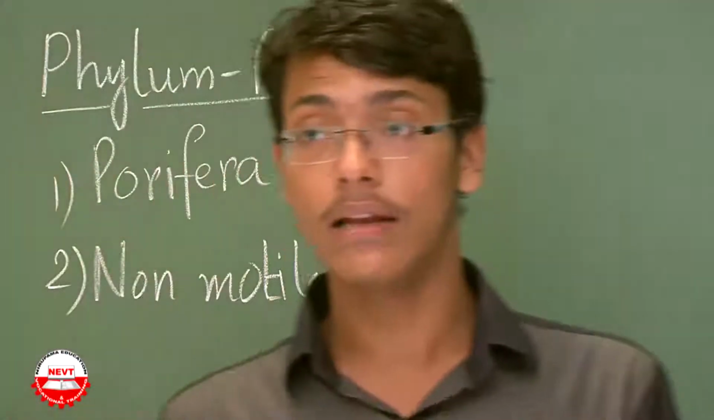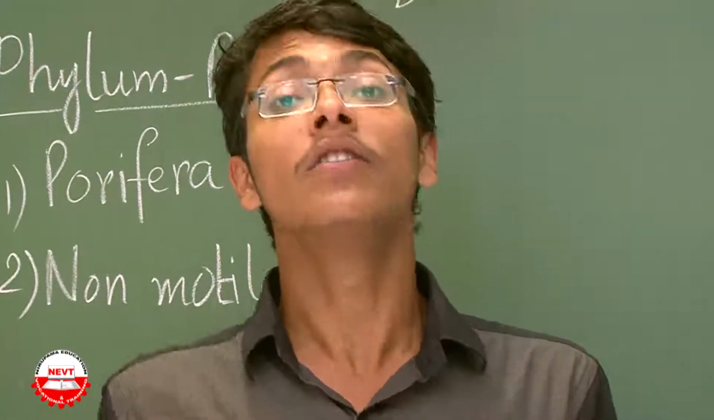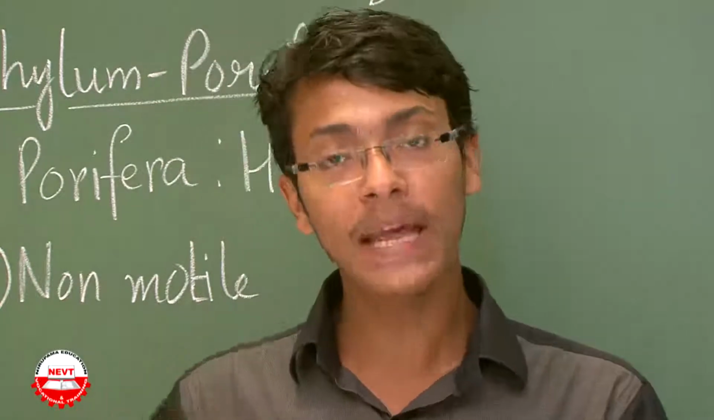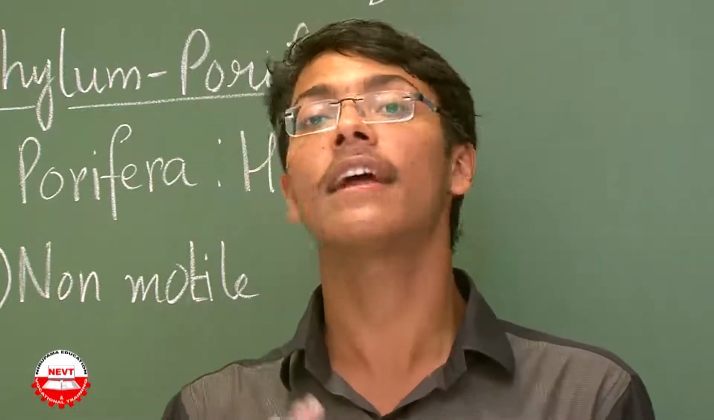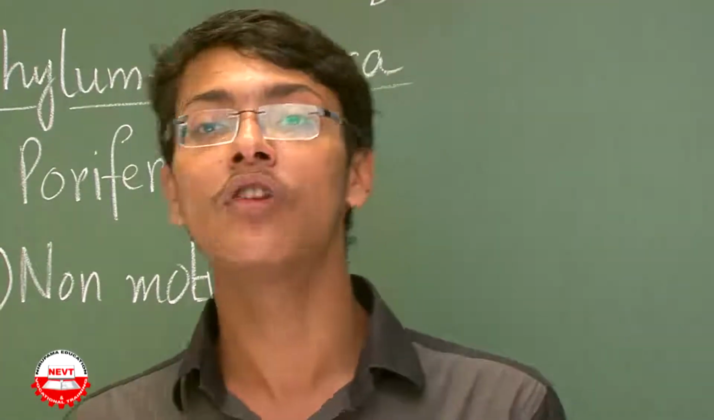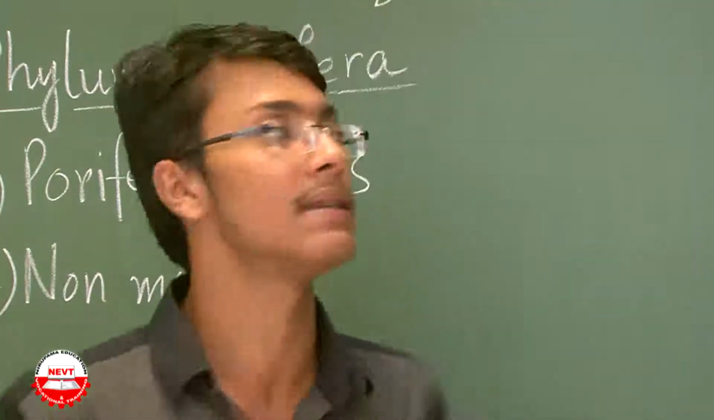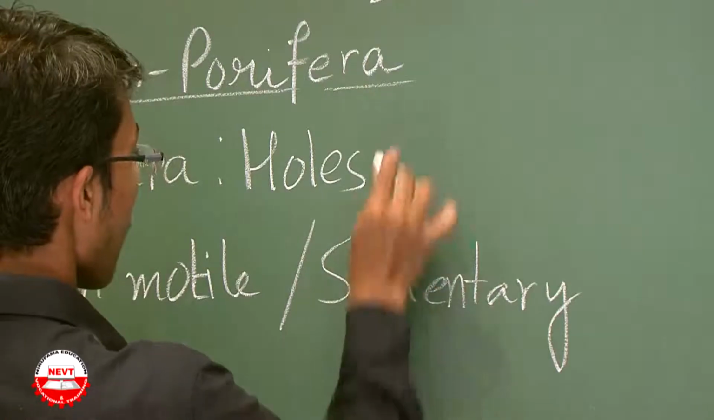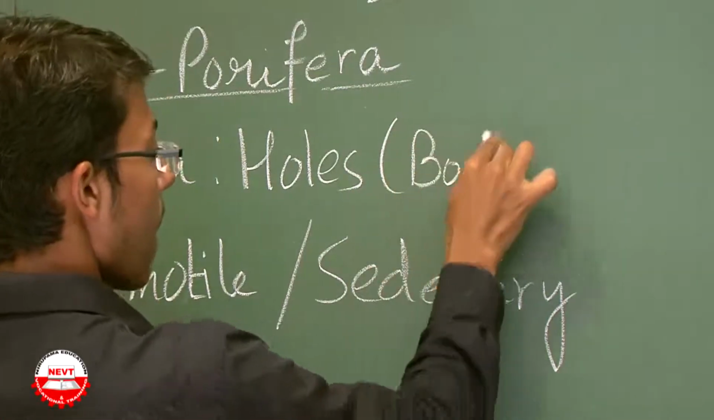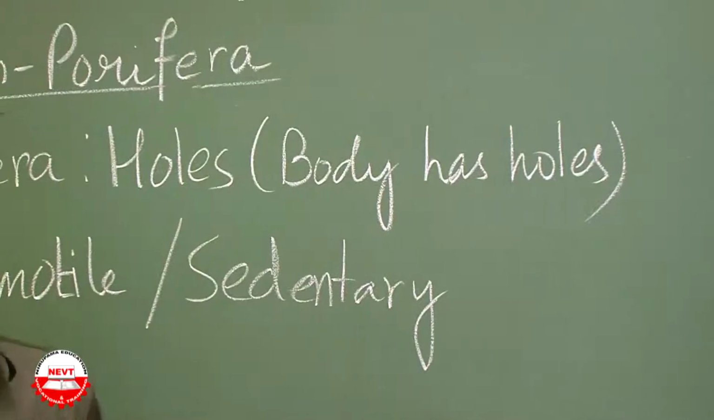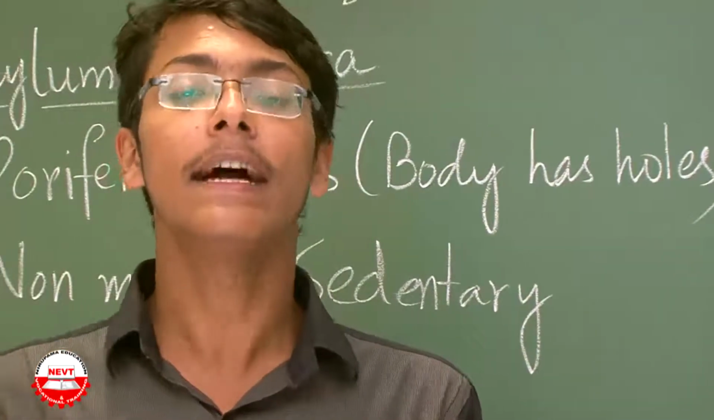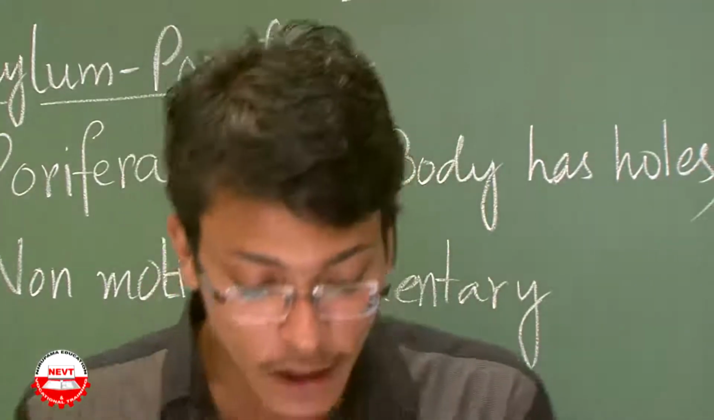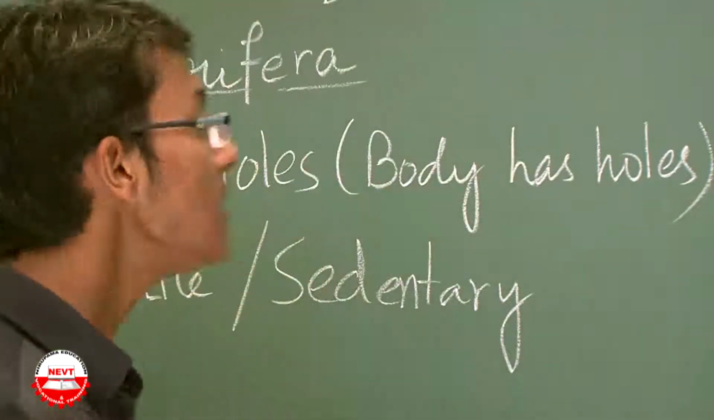they are non-motile. Non-motile means what? Non-motile means they do not have any ability to move. They are placed at one position and they cannot move. Another word for non-motile organisms can be sedentary. So, sedentary or non-motile, that is they are placed at one position and they do not have any ability to move as such. The third character is